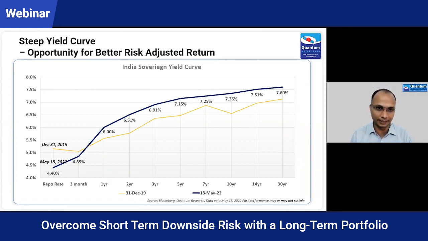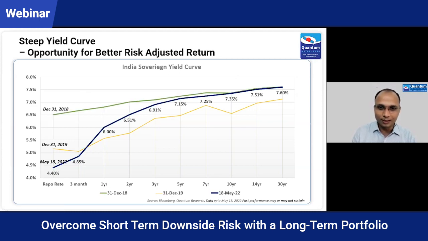This is decided by the RBI. But much of the bond yield, even the 1-year yield, you can see that is at 6%, much higher than their pre-COVID levels. And almost the entire yield curve is above the pre-COVID level. It's not just the pre-COVID. If we compare it with the start of the rate cutting cycle, so this rate cutting cycle started in February 2019, right? We had a big growth slowdown after the IL&FS crisis, and RBI started cutting rate and fueling liquidity. So even before that, much of the yield curve is very close to that level.